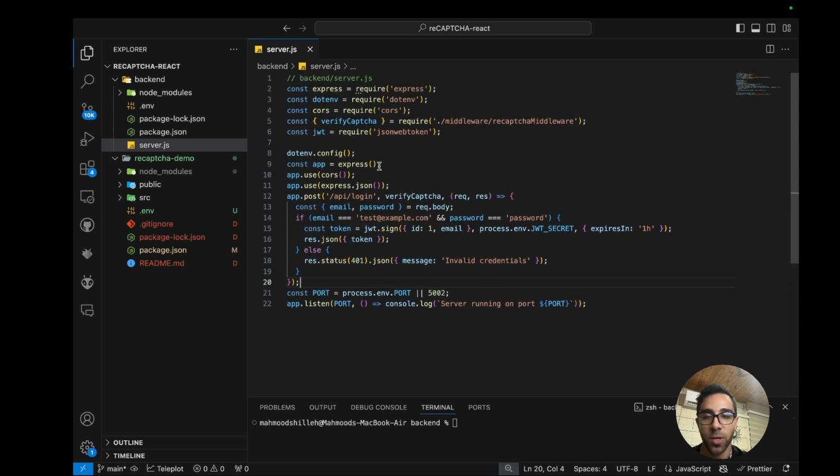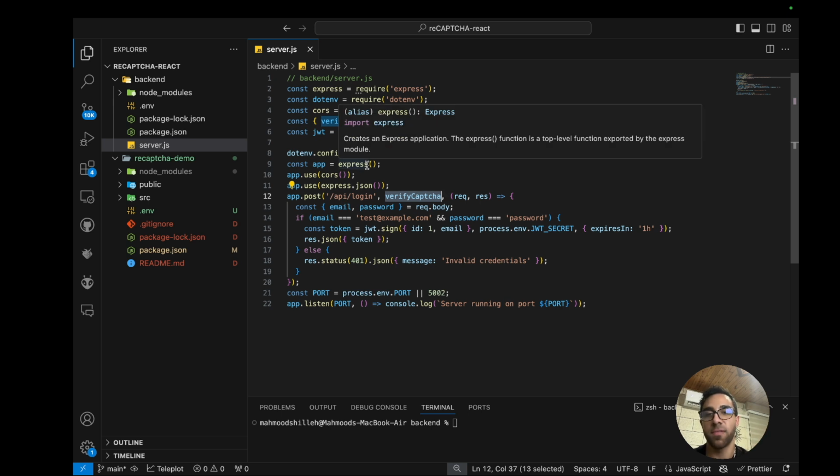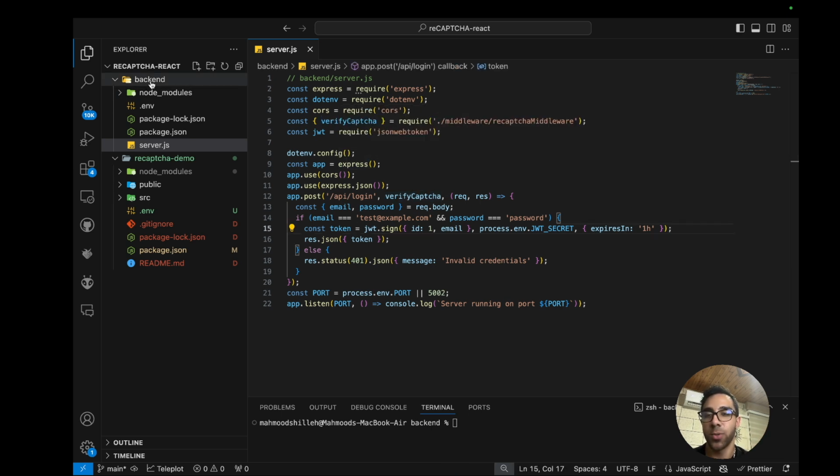Now, one thing that's really important here is we're going to integrate a verify CAPTCHA middleware, which we'll set up right now. So it's going to be in this middleware folder. For those of you who don't know, if you're beginners watching this tutorial, middleware is essentially code that is executed before the final step of your endpoint is executed. So before the user can actually verify their email and password, we're going to set up this middleware code that's going to take the body from the application. So it's going to take the CAPTCHA from the front end and verify it in Google